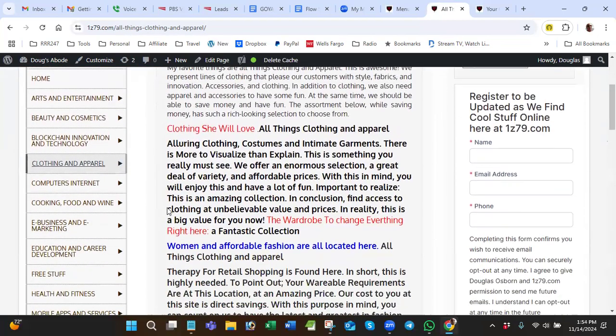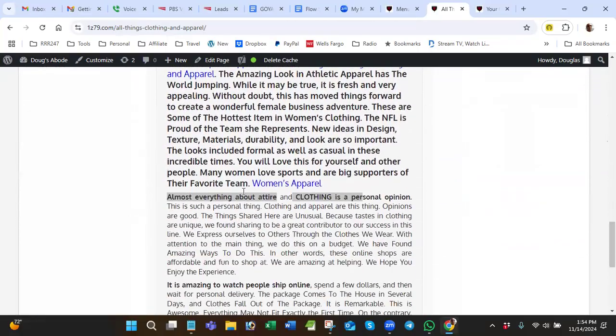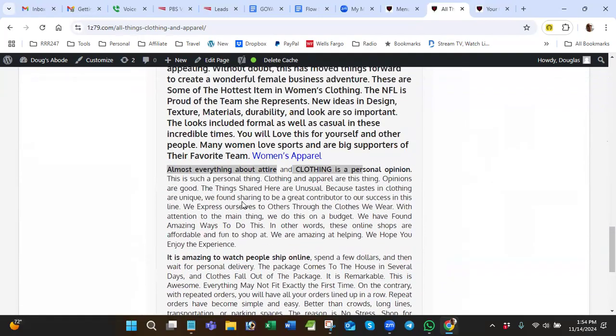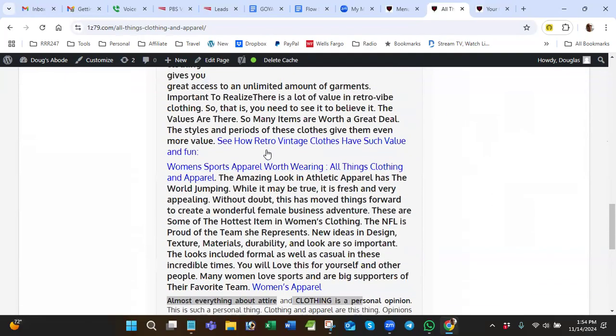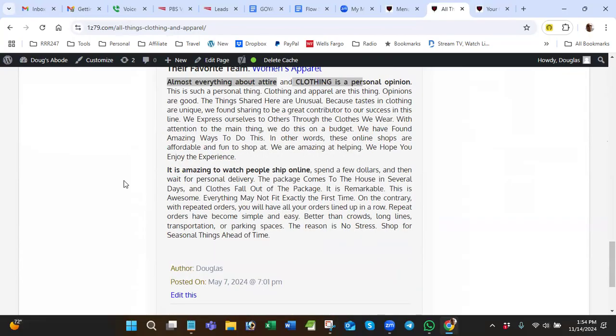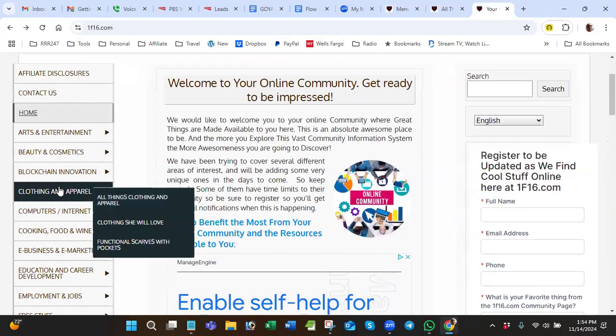They're category pages, and category pages do not have offer links on them. Usually we have... So Doug, this is something that you might want to be aware of. I'm looking at your site, so it's a good thing to do. Watch when we go to 1F16, and we're going to review your site before you apply for Google AdSense, but you're getting really close. Now, if you notice, when we go to Rory's clothing and apparel,